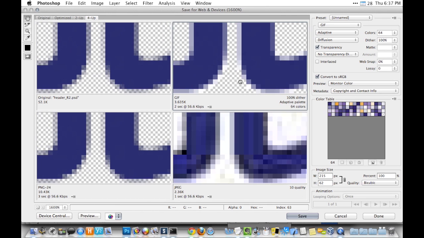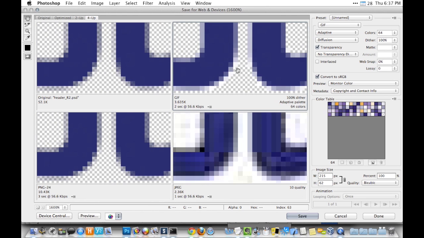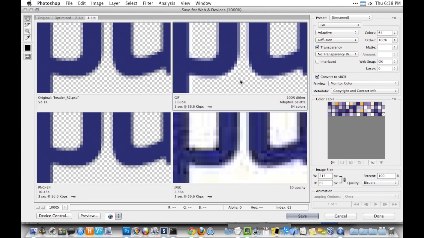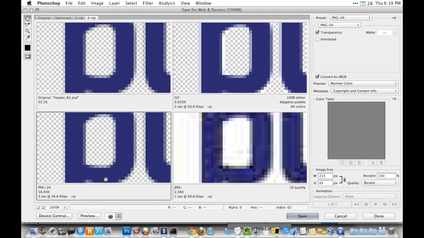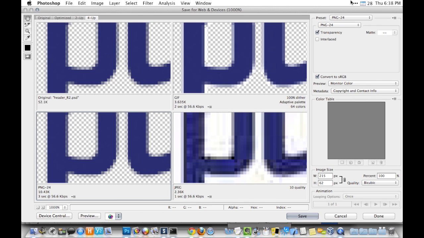So you'll see at the end here, we have these white pixels. If we were to put a black background, let's see. Oh, that would just mat it to black. Maybe we can't do that right here. If we were to put a black background, it would stand out as very jagged because it would have these white edges around it. With PNGs, we have the ability to go full, you see the 24 there, we have